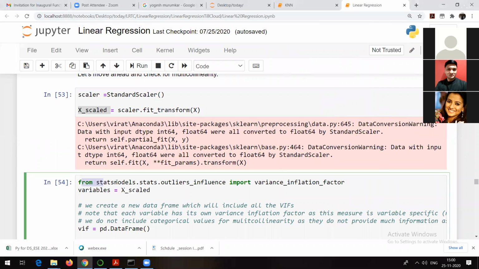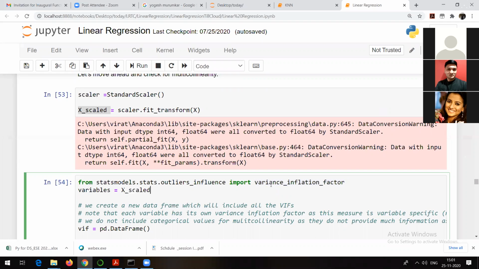See, from statsmodels.stats.outliers_influence, okay, this is from statsmodels, what am I importing? variance_inflation_factor. This is the method which we are going to make use of to detect whether there is multicollinearity present in the data or not. If there is multicollinearity, yes, there are different ways with the help of which you can remove the multicollinearity from your data. So what are all these things I am trying to do? I am trying to clean my data. I am trying to prepare my data to create the model. See, everyone can create the model, but we want the best model, right? So that's what we are trying to do.